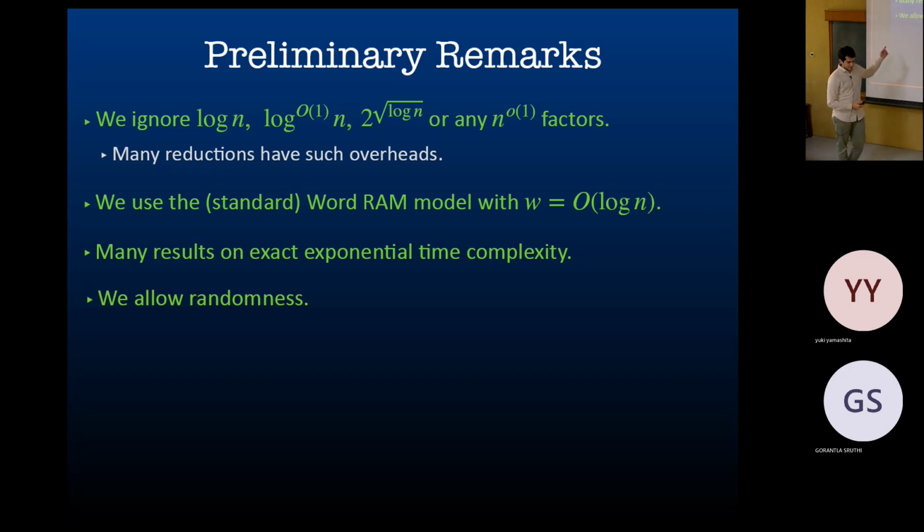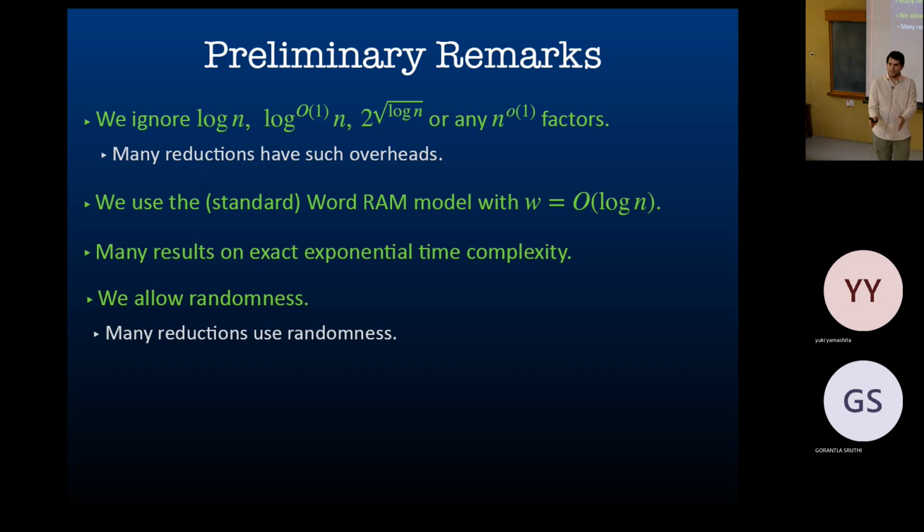And this is something important. We ignore randomness also, in the following sense. We are allowing randomized reductions. So all of the statements I'm telling you here say that if you solve a problem faster, you would solve the other one, but maybe with a randomized algorithm. So maybe if you solve the problem deterministically, you would still get a randomized algorithm for the other problem.